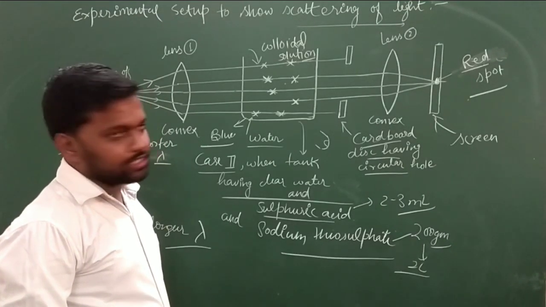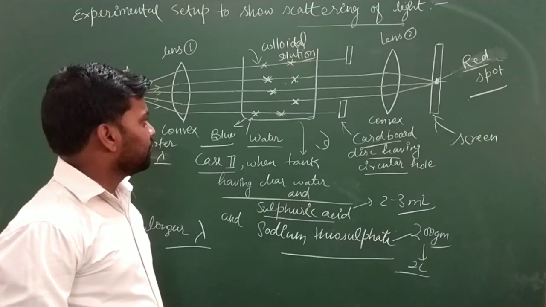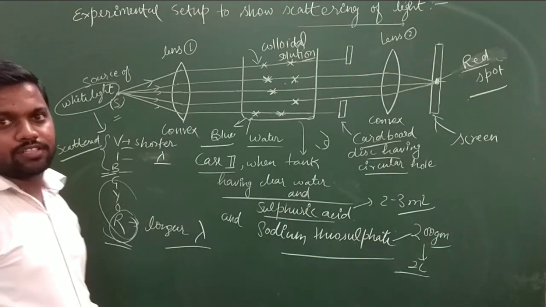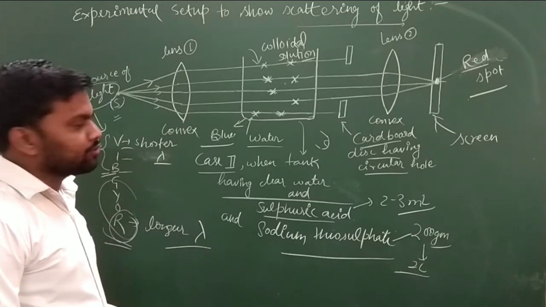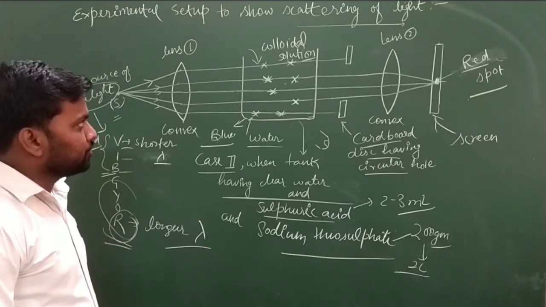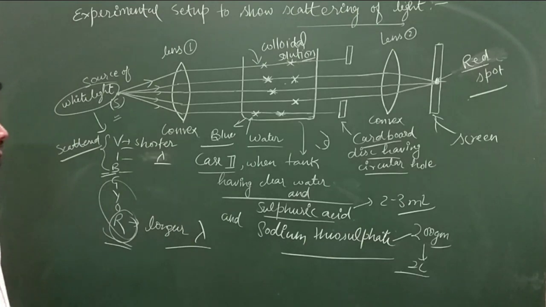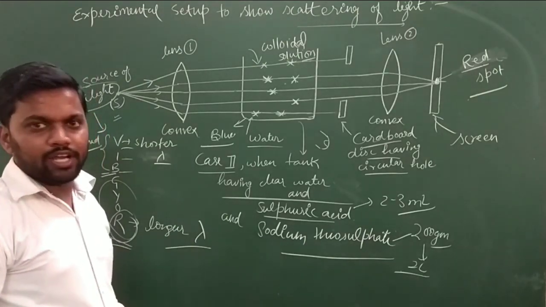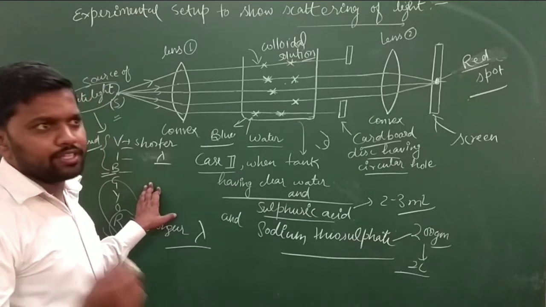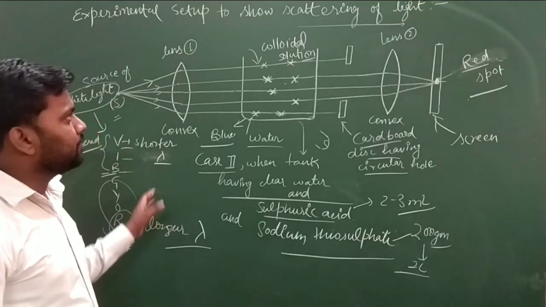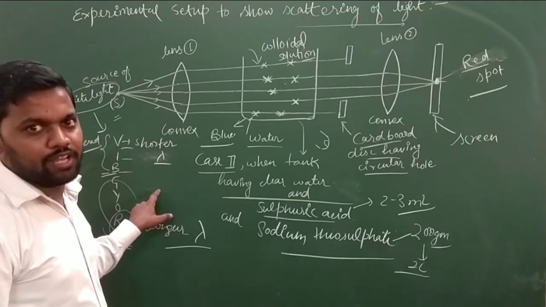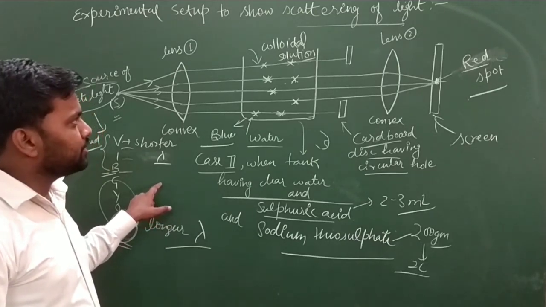So why are we seeing this kind of scattering? What is the application of this scattering? We have seen that the sky has a blue color. So what actually happens in that case? There happens the scattering of blue light due to the presence of different particles of air, gas and different impurities in the atmosphere. It can be sulfur gas also, which is scattering the blue color in the sky. That's why we are able to see the sky is blue.